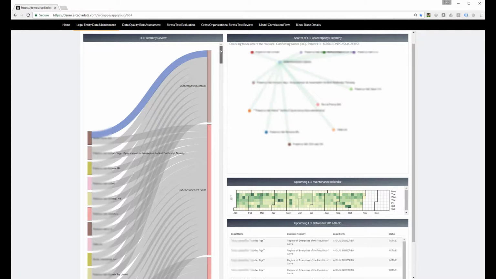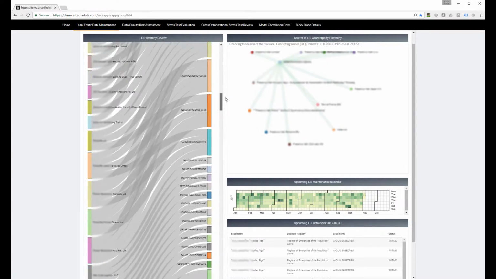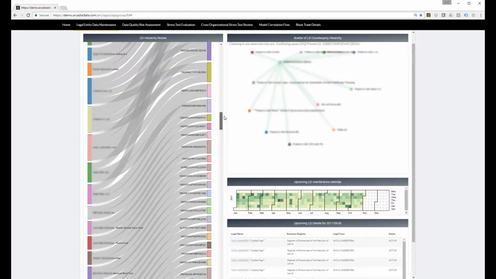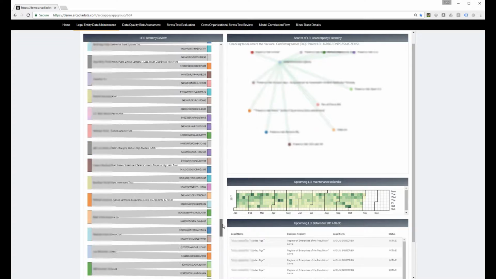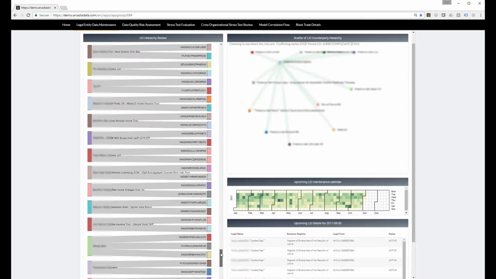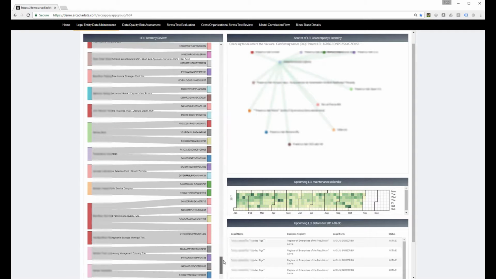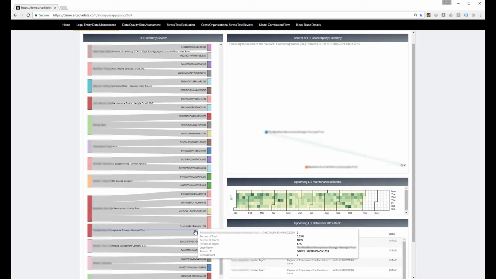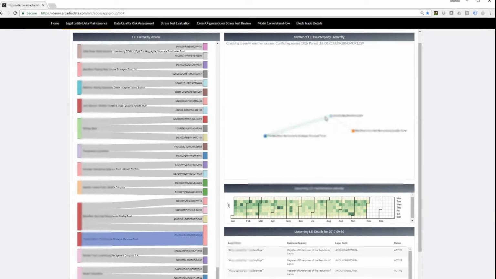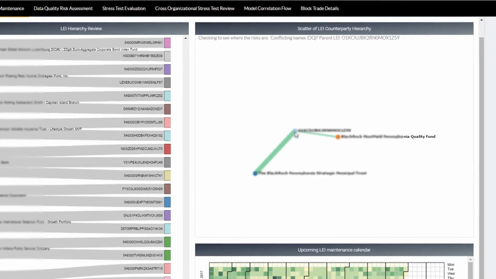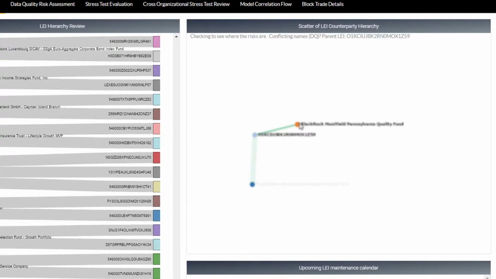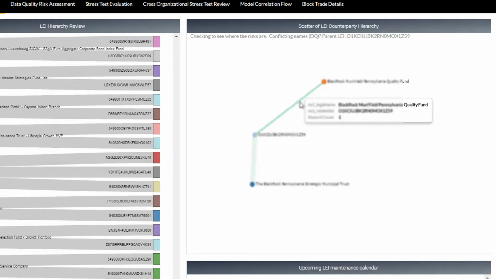What we see on the left-hand side is a visualization of all parent-child relationships and how they overlap. Let's move down to some of the simple ones that don't overlap. This counterparty in red is in a three-way relationship. A closer look brings more insight. The thickness of the connections between each account could represent the strength of that relationship. Perhaps the number of transactions or trades that are active.